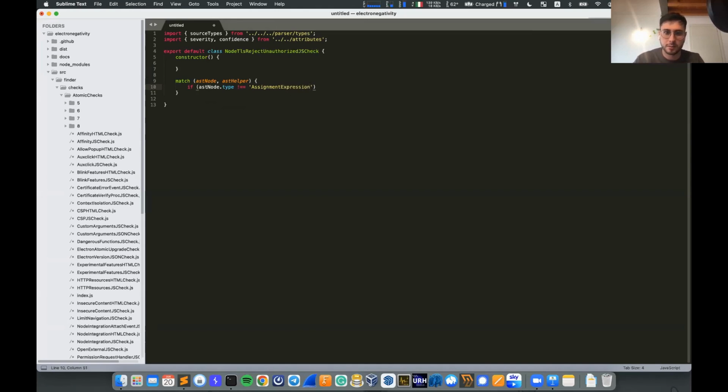And if it's not, we can, as I was saying, return null. And this will allow us to carry on with the auditing. Then, as I was saying, we need to look at the left property